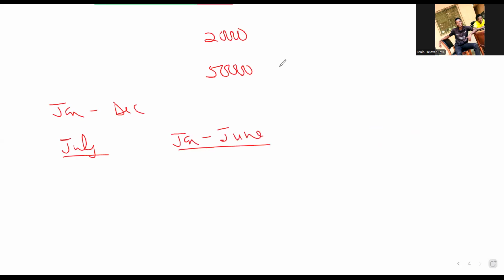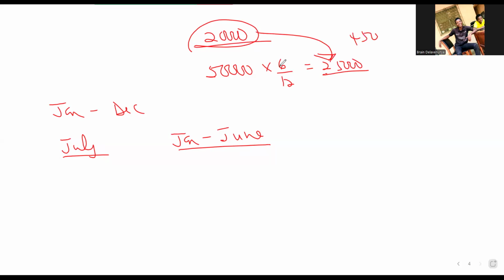So on 1st July, what should be their retained earnings balance? It should be the balance at the beginning plus 6 months profit, which is January to what? To June. So you just find the 6 months profit of this one, which will be 25,000. So it means that they have 20,000 at the beginning of the year. They have operated for 6 months before we acquire them, which is what? A profit of 25,000. So add these two and have your what? 45,000 as the retained earnings at acquisition.